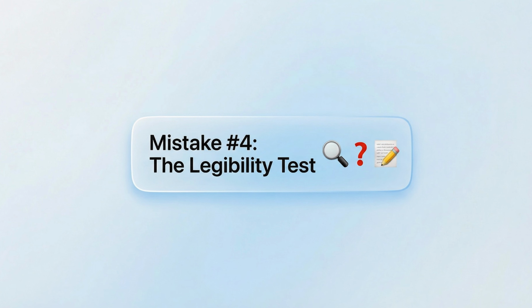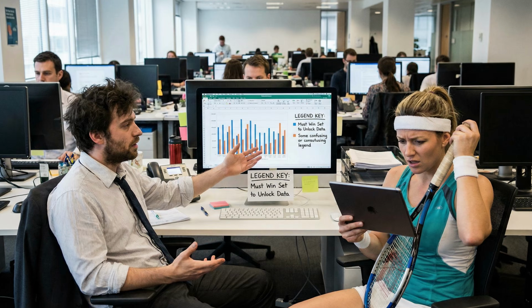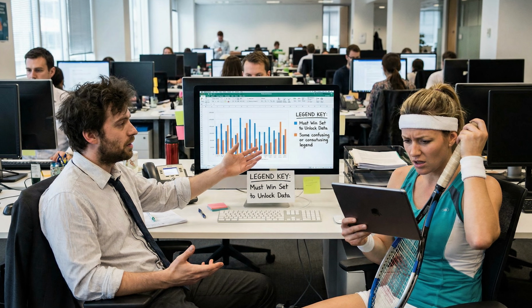Okay, mistake number 4, failing the legibility test. This happens when you use legends that force users to have to play eye tennis. They look at the blue slice and then scan to the legend and then back to the chart to match it up. I watch people who do this with presentations and dashboards all the time. Their eyes have to bounce back and forth, trying to decode what they're actually seeing instead of absorbing the insight. And that's a design failure.